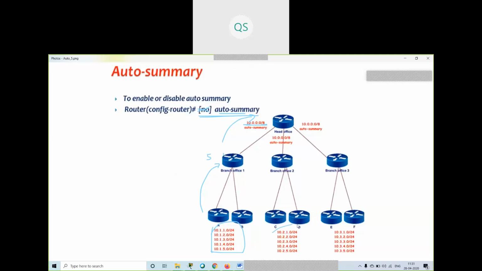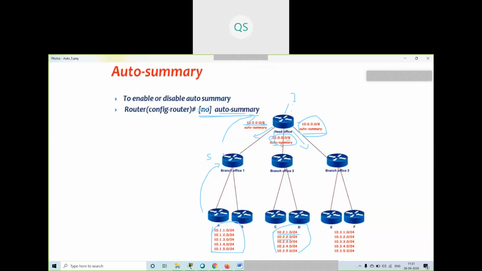Now again, the same thing will happen with this network also. It will also get the same route. The third one will also get the same route, the same summary address. Now this router will get confused. Suppose I want to go to 10.1.2.0, which route do I have to use, this route or this route?